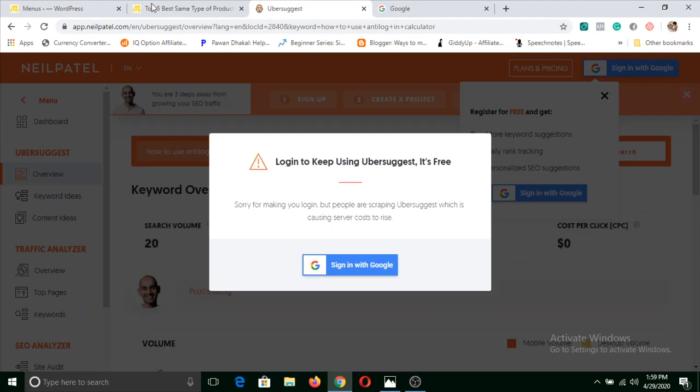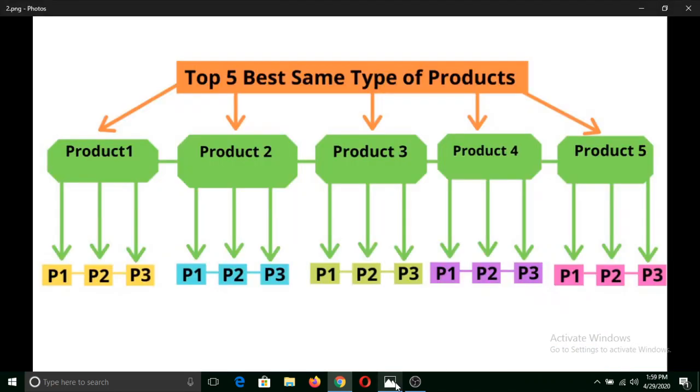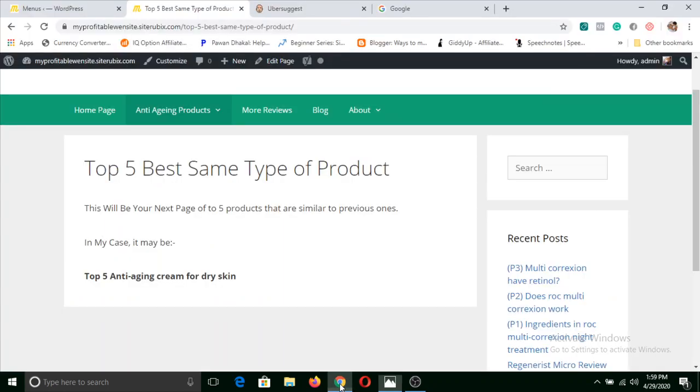And this kind of helpful post that I keep on talking about should target a low competition keyword. And for this kind of top 5 anti-aging cream, top 5 best products, you can do keyword research, but it is not so necessary in the starting, because these are a little bit high competition keywords. And because of this structure, you'll also get link juice, an SEO boost to your website, which will help you in future.